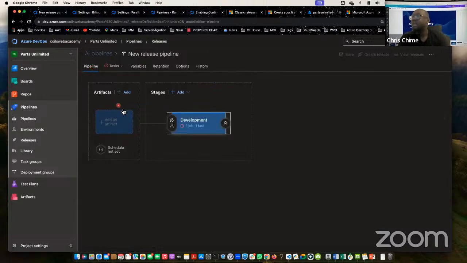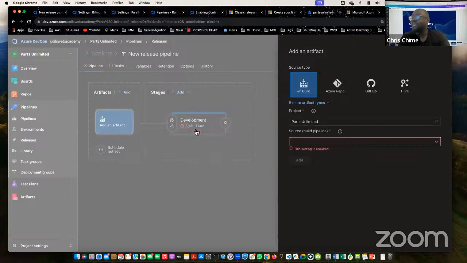But before I do that, I need an artifact here. So I need to add this artifact. If not, I will not be able to do that. It says, where do you want to get your artifact from? Do you want to get it from your build, or do you want to run your code directly? Now, there are instances where people can run from the code directly. I don't want to do that. I want to run it from my build pipeline. So I'm going to say,